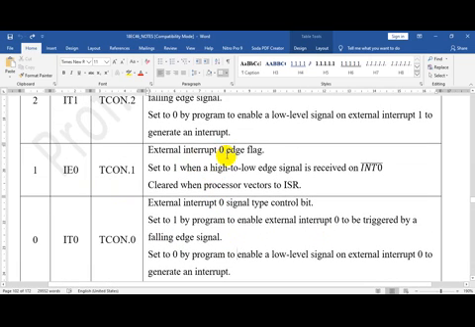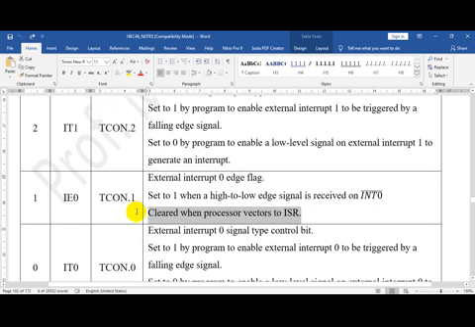IE0 is the external interrupt 0 edge flag, which is connected to your external pin. It is set to 1 when a high to low edge signal is received on INT0 bar. So whenever a high to low edge signal is received on the external interrupt, then this bit is set to 1, and automatically this is cleared.